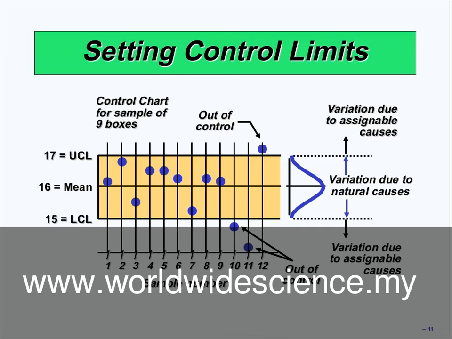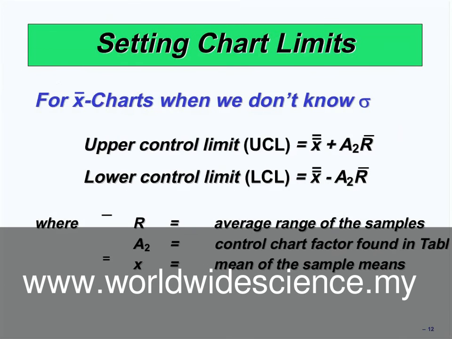Also, there is another formula for the X bar chart. In the previous method, the sigma was clear. We know the sigma. But sometimes the sigma is not clear. For example, the engineer tells us the sigma is not clear and cannot give us the sigma. We can do it without sigma. If the operation manager doesn't know the sigma, we can use another formula for